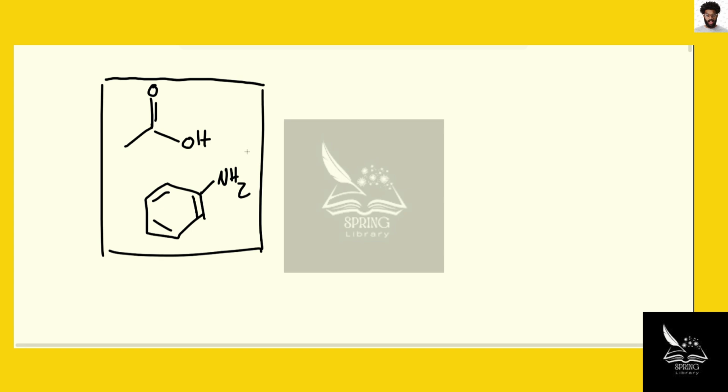The way that we're going to separate these is the fact that each of these can be transformed into a charged species through the addition of acid or base. Acetic acid in the presence of a base will yield a carboxylate, and if we did lithium hydroxide, for example, we would have the lithium salt of acetic acid, right? And if we take aniline and react it with an acid,